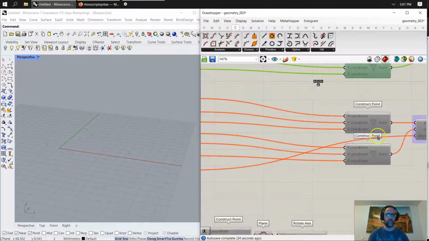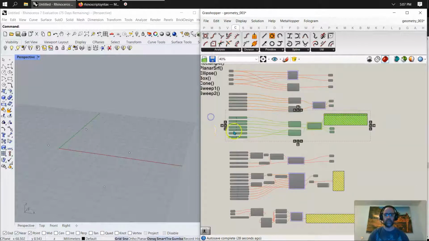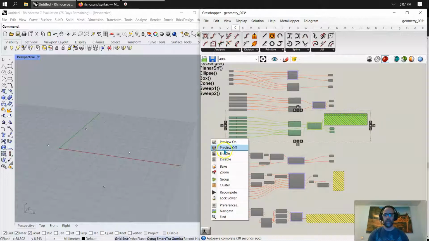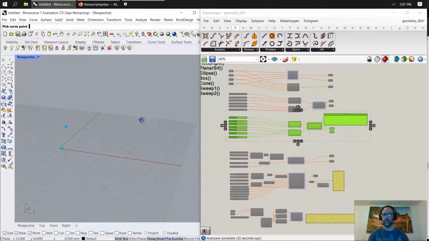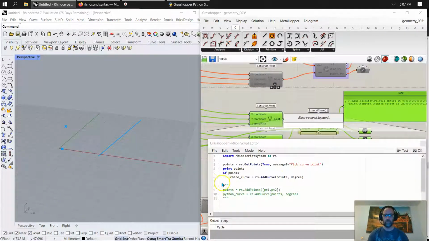Let's see what we did in the next one, which was add curve, which is going to be very similar to add line. It's just going to allow me more points, enabling it. And already it's saying, okay, how many points? If I did 2 points and hit enter, it's going to be a line. But let me just take off these other points, which are no good right now. If I run that script again, right here, and you'll see what that script looks like, it actually adds points,